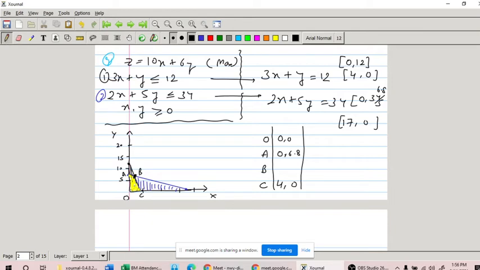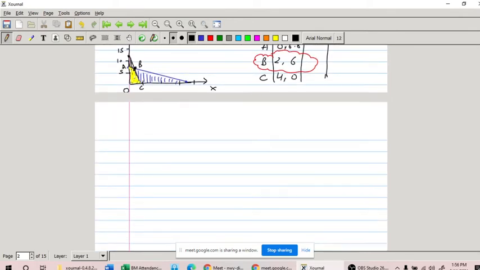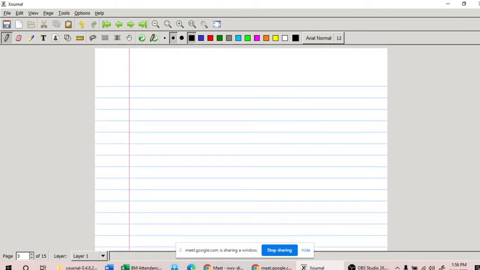All right, so how can we get this B value? Sir, by solving the equation. Okay, can you solve it for me? Yes, sir. 2, 6. Great, very good. So this value is 2, 6. So I don't think there is a need to calculate this Z value for you. You are smart enough and you will definitely calculate this value and get to the maximum value. Fine. So we'll move to the other question and try to uncover the next difficulty level.